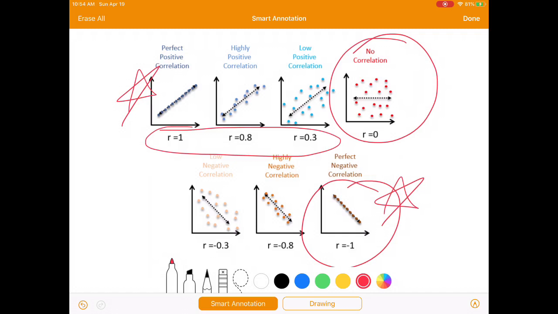So our scale basically goes from 0 to positive or negative 1. It is a very complex method to calculate the coefficient, but what it basically has to do with is the distance that each point is away from that line, and we call that the line of best fit. So with a correlation of 1, every point is 0 away from the line, that means we're not